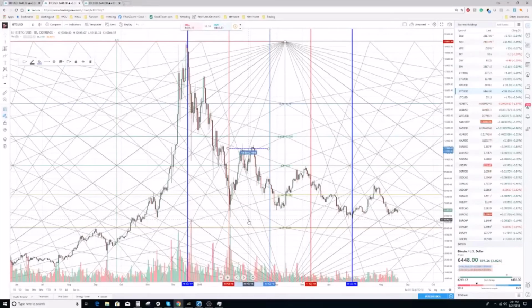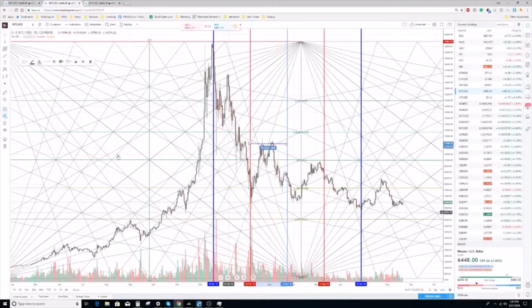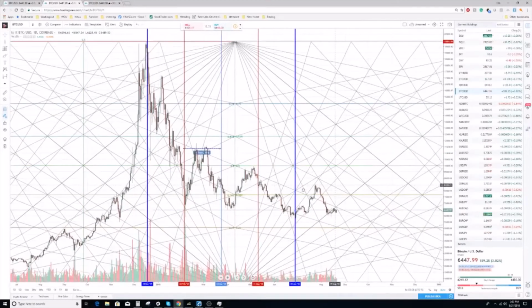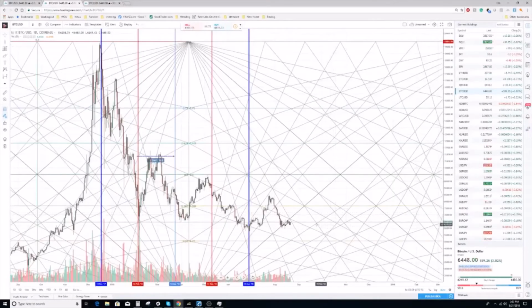And so price and time are considered to be in equilibrium, in square, when they're trading along one of the 45s. Okay, well, as long as price is trading up a 45, that means it's trading in equilibrium. When prices are trading way above the 45, that means they have a high probability of snapping back down to that 45. And when prices are trading well below that 45, they have a high probability of trading up to it. Okay? So as we're looking at this new square we drew, we can see that we are trading below